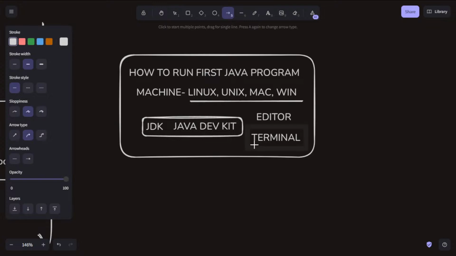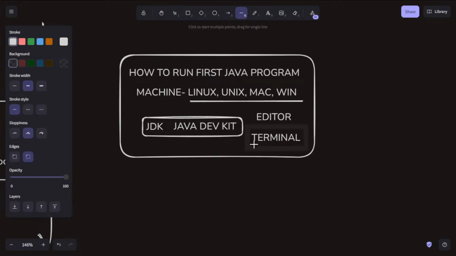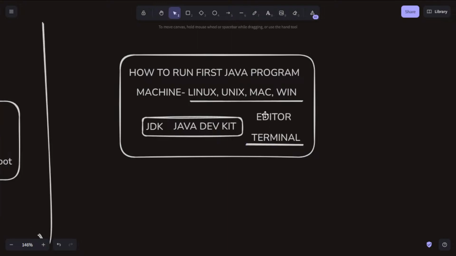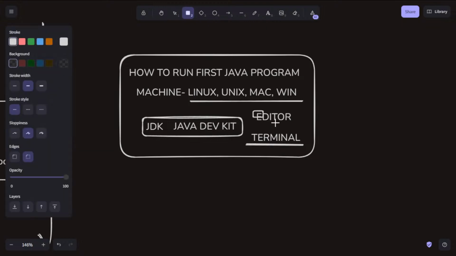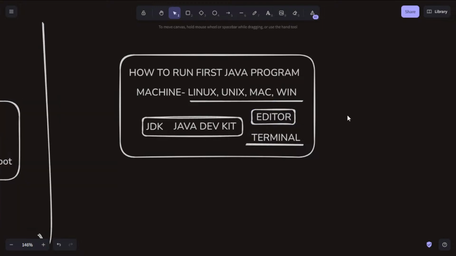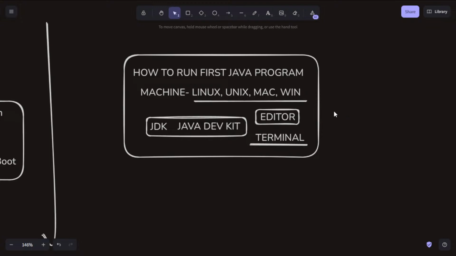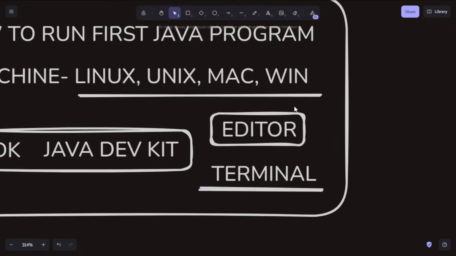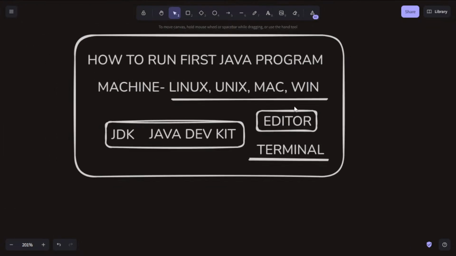That output is seen on the terminal only. To install the editor, you can go with Notepad, VS Code, or any other standard editor that suits you.